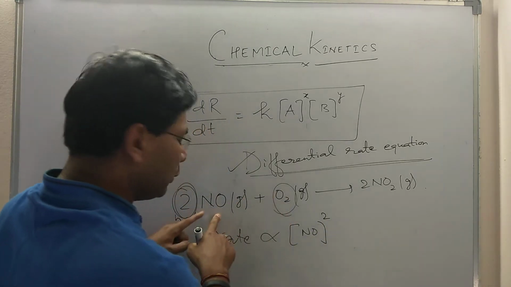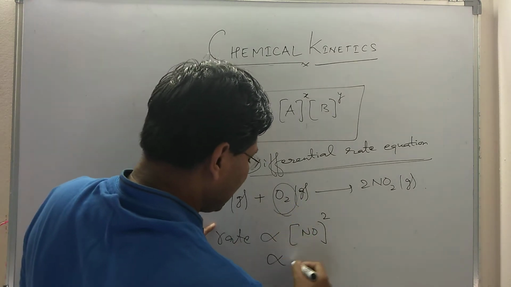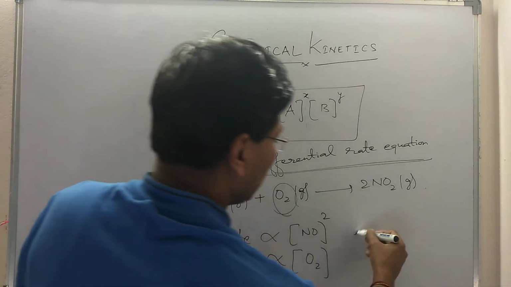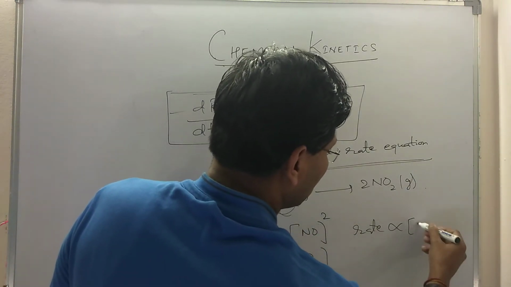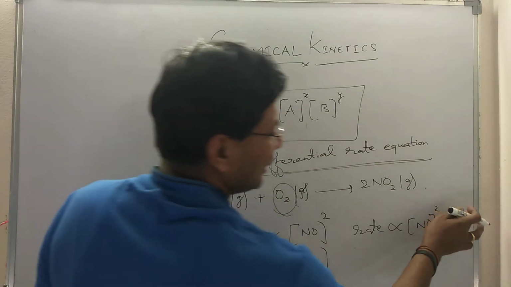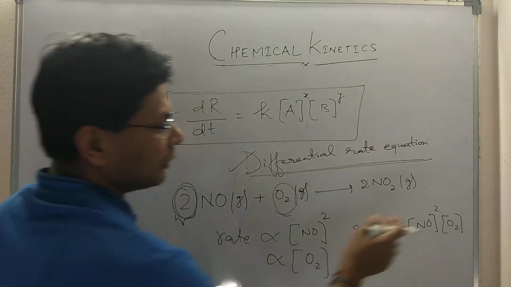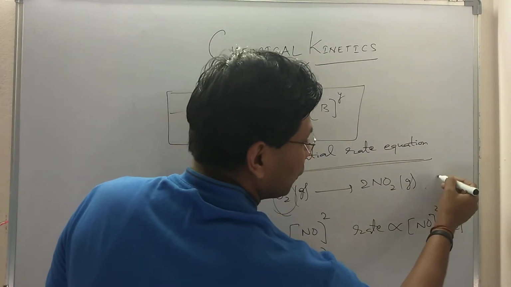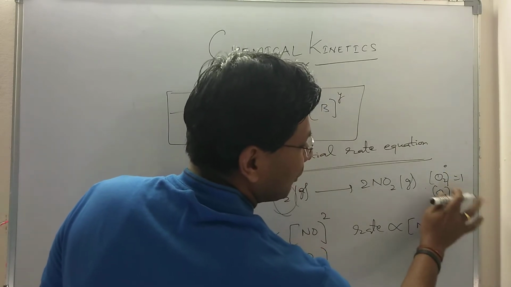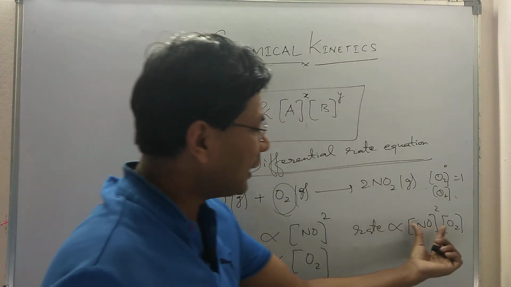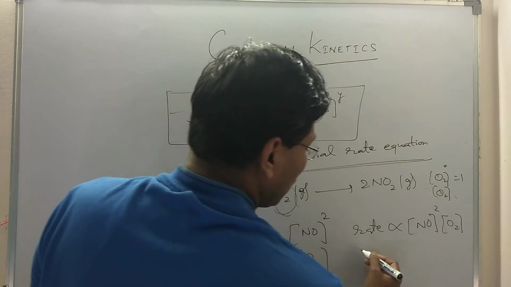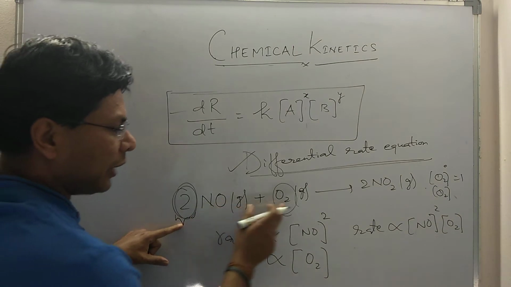And if we take NO in large excess, then we can see that the rate of the reaction is directly proportional to the concentration of O2. So overall, rate will be directly proportional to [NO]^2 [O2]^1. We can leave out the 1, because when we don't write anything, it means 1. So rate is dependent on NO raised to the power 2 and O2 raised to the power 1. That means the rate is dependent on the 2nd power of NO and the 1st power of O2.